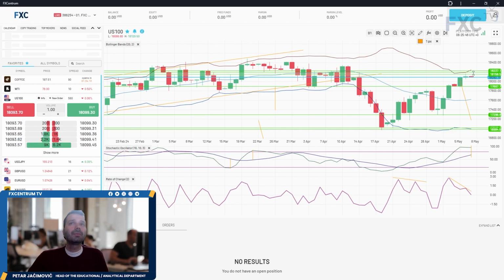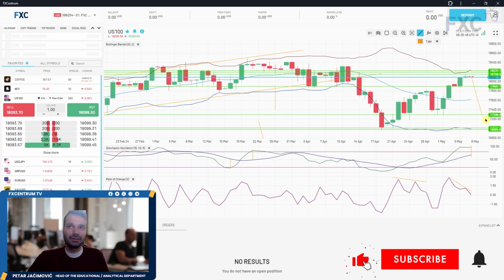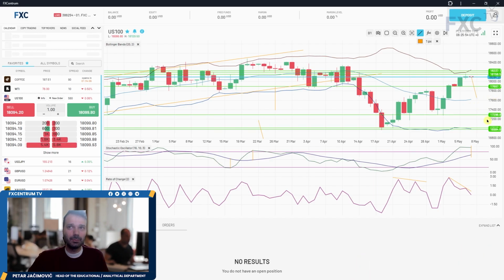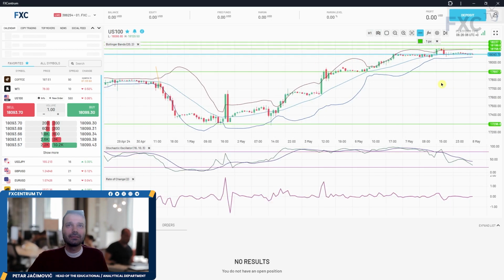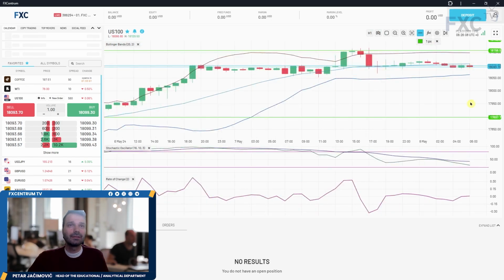So from my perspective, this can lead the US 100 lower, and the middle Bollinger Band is set at 17,600, and we have a support at 17,300, and the lower Bollinger Band and the swing low from mid-April around 17,000 mark. On the hourly, we still don't have a confirmation of the downside breakout, but again, we have a short-term